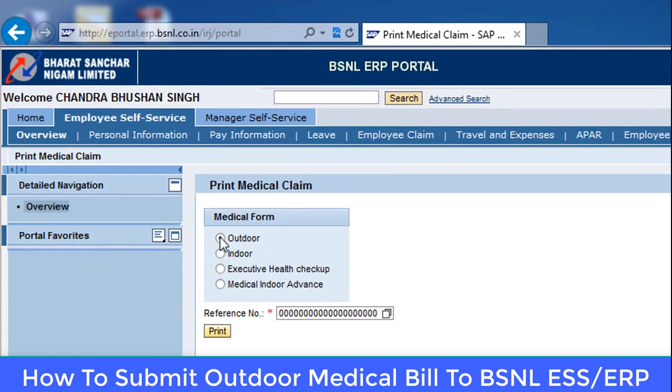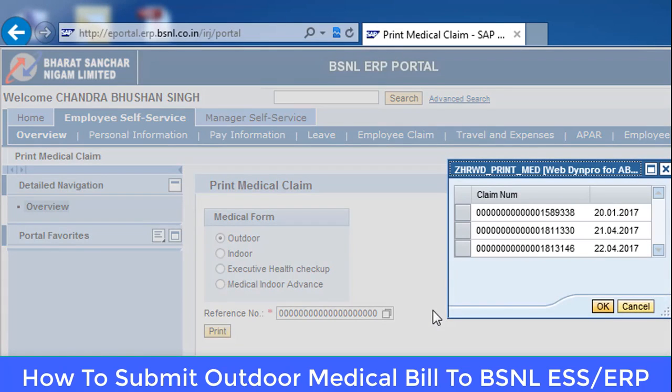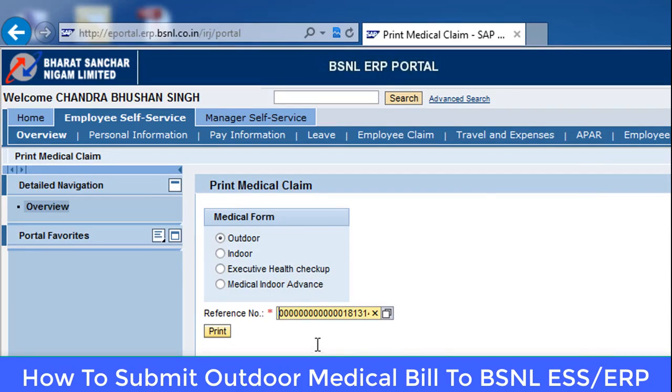Otherwise, if I want to select, then click on the outdoor radio button here and click here to select the claim for which you want to take the printout. This one is today's date, and this is the claim number. Select this one, and the complete reference number has been copied here.